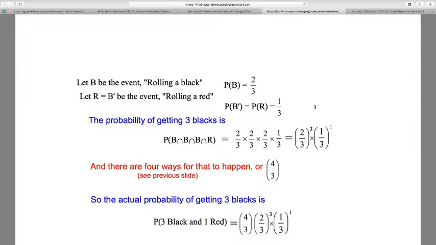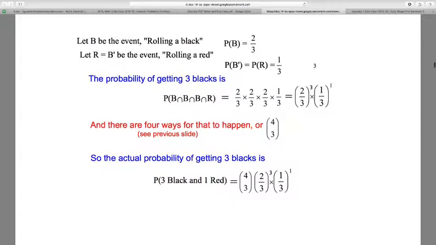So to extend that, what about the probability of getting 3 blacks and 1 red? So the probability of getting black and black and black and red. Consider again that we have 3 different chances to get a black, which is three 2/3 probabilities, and then there's a 1/3 chance of getting a red. But again, from that earlier slide, we know that there's 4 choose 3 ways in which there will be 3 blacks. So we have to multiply these outcomes because essentially 2/3, 2/3, 2/3, 1/3 is one of the ways